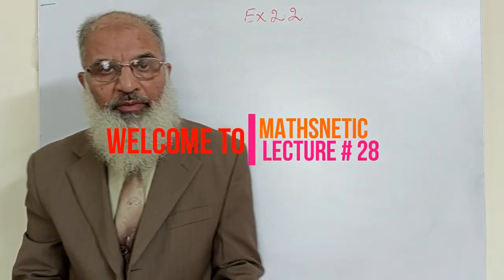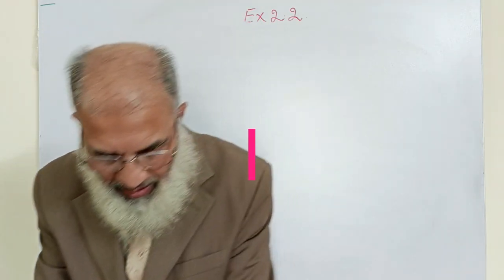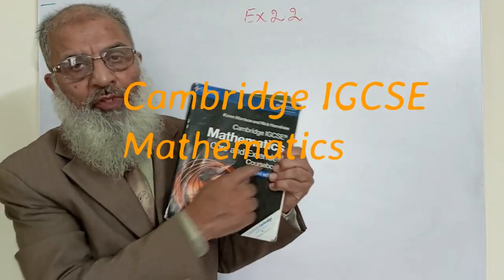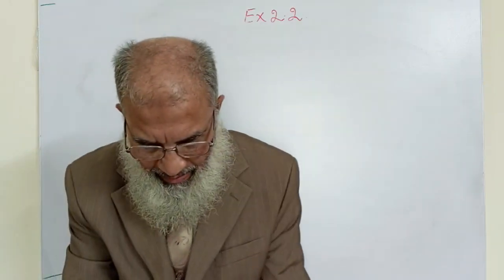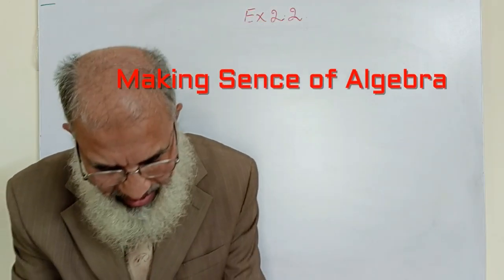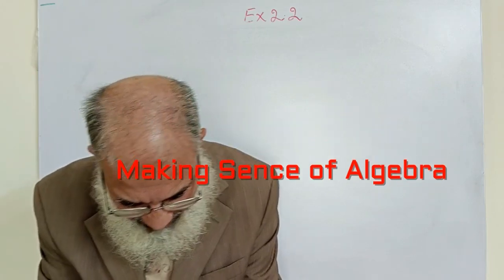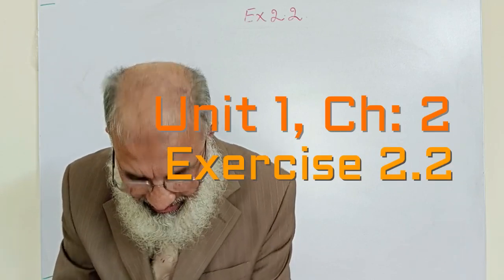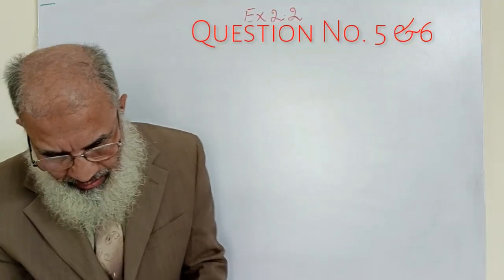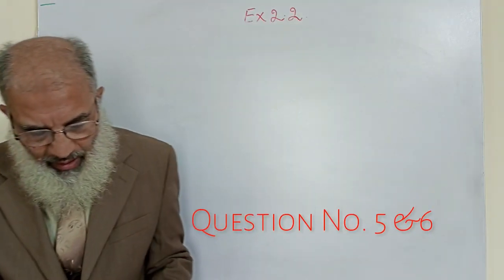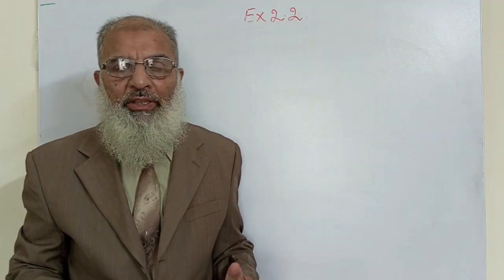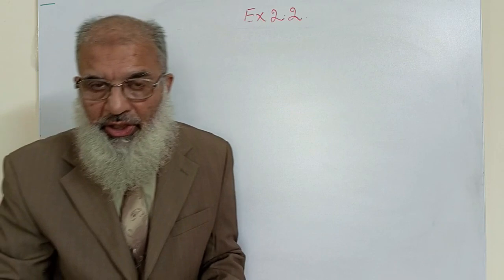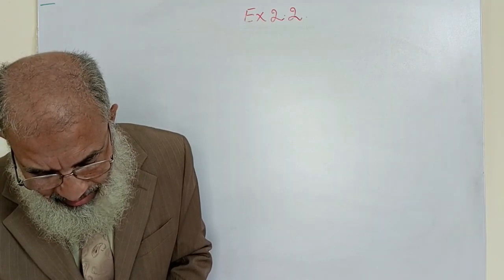And you know that we have been doing exercise 2.2 of this book, IGCSE Cambridge Maths, and only two questions were left in our exercise. So I'll be completing this exercise today. Question number 5. We have already completed 4 questions in our two sessions, and this is the last section of this exercise. Question number 5 is,